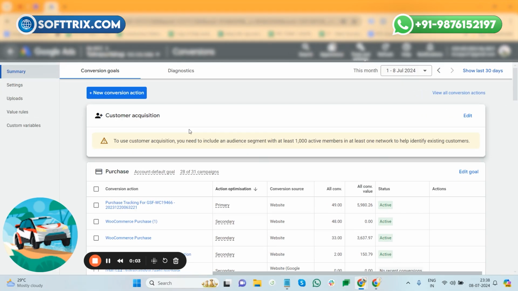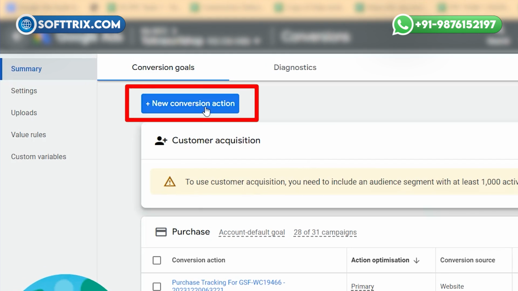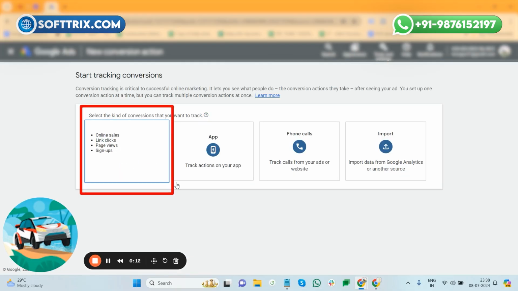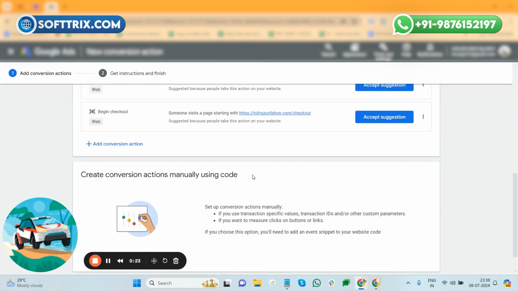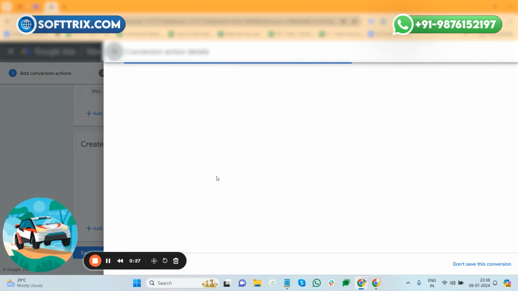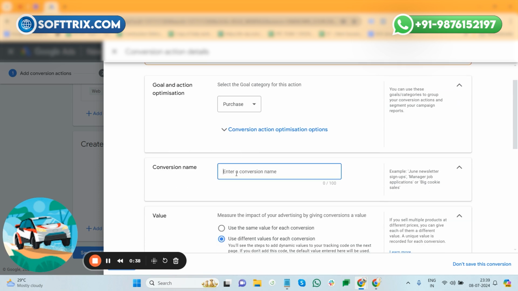So now we are on the conversion action page. We need to create a new conversion action. I'll click on the button and here we have the option Website. We can choose the website and scan it. It will take some time, and as you can see, now the website is scanned. We'll create a new conversion action. Select the category Purchase and name the conversion action